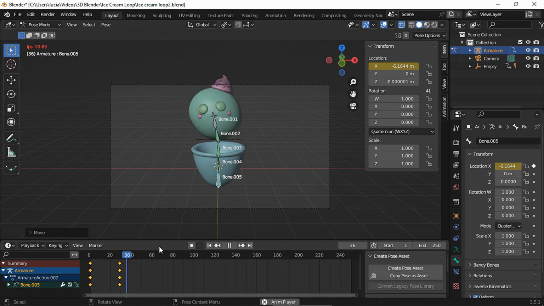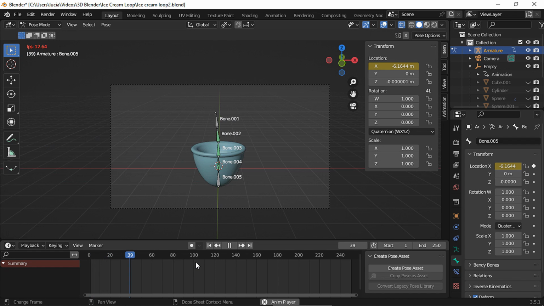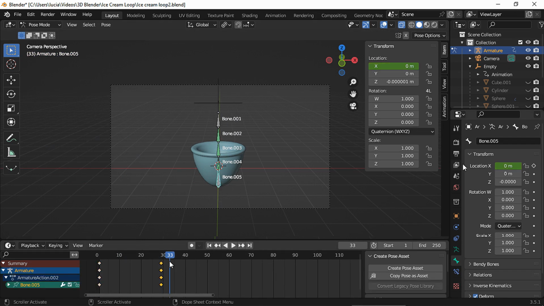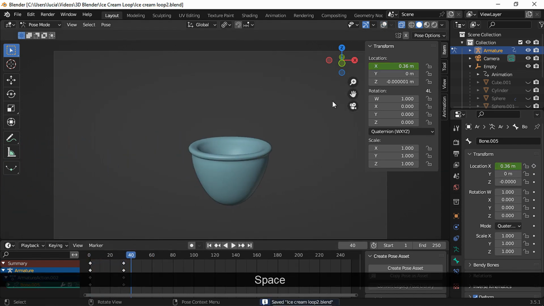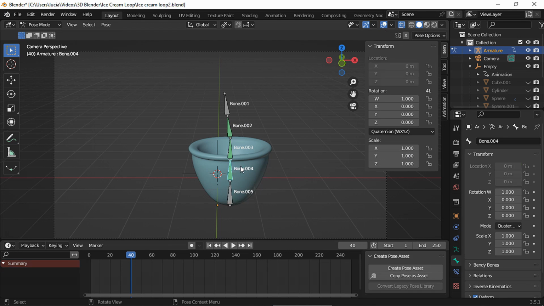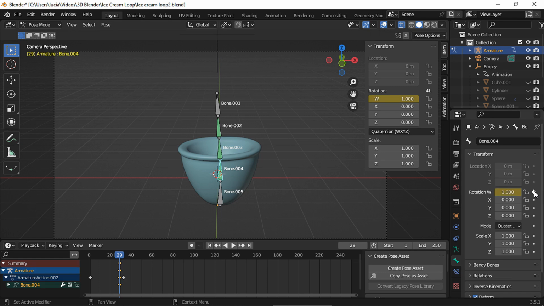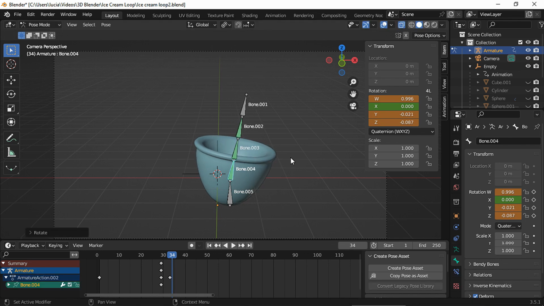It looks a bit wonky, but if you take a look at the cone alone, the animation seems fine. I want to exaggerate the movement a bit, so first let's move this keyframe to frame 33, and I'm gonna move to the right a bit on the X-axis to make the movement a bit more noticeable and set a keyframe. Now we're gonna move this bone to create some sort of overshoot effect. In frame 29, set a rotation keyframe for all these values. And in frame 34, rotate to the right a bit and set a keyframe.